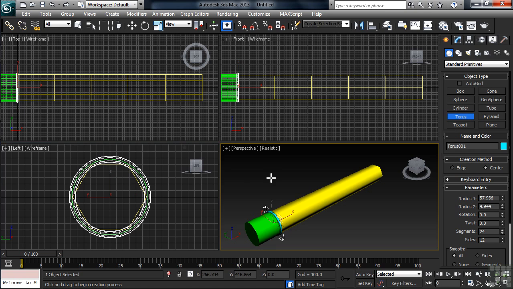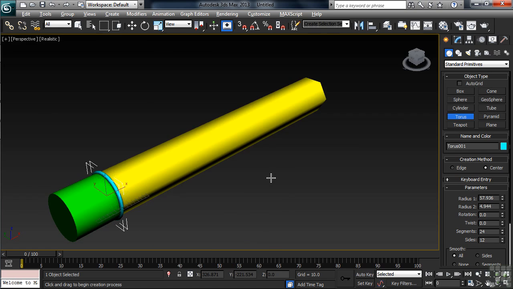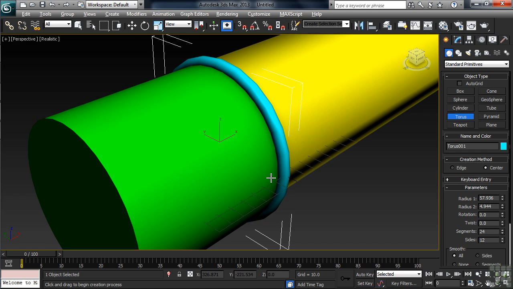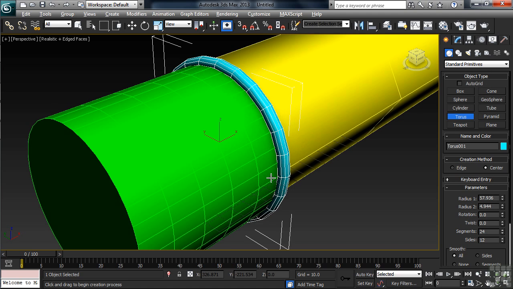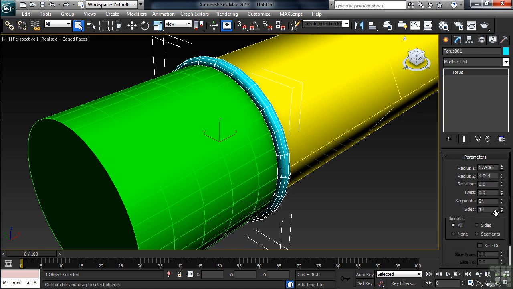Okay, let's go ahead and take our perspective view full screen, then we'll hit Z to center up on our ring. Why don't we also shade our edges by typing F4 so we can see our actual geometry? If you'd like to make your torus a little smoother going around, we'll go to the Modify column and we can adjust both the sides and the number of segments. Once you've got the right look, let's activate the Move command